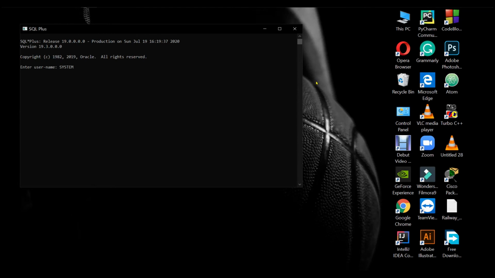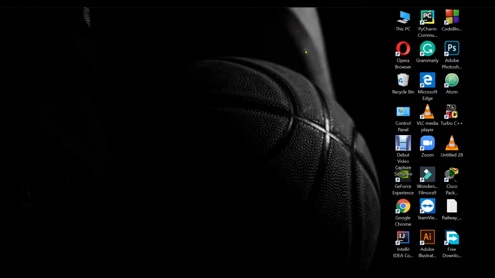So after typing system, press enter. It will ask you the password. So type in the password which we just created while we were creating the database. So I type in my password, and with that, if everything was successful, it will show that you have been connected to the Oracle DB, whichever version it is, and I guess that's the IP address or something. So yes, guys, this is completed, and you can just start with your database entry. You can create tables, etc.